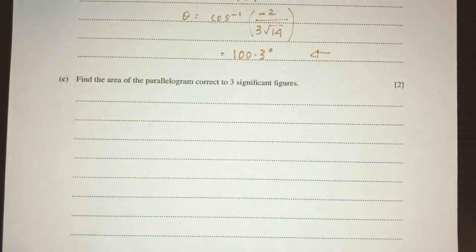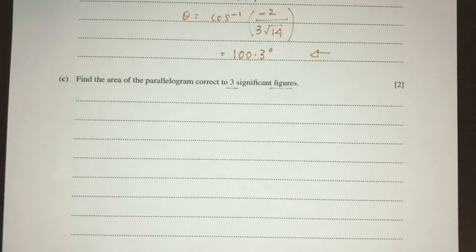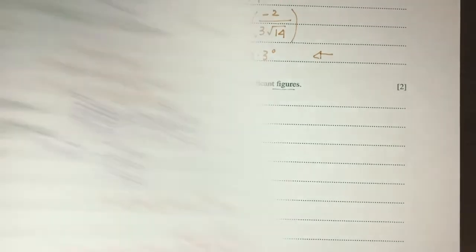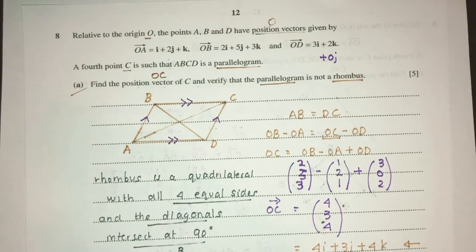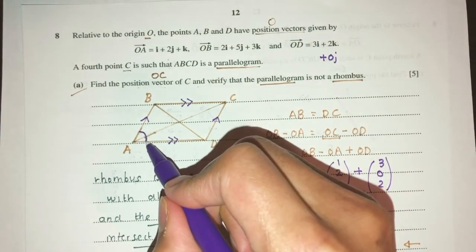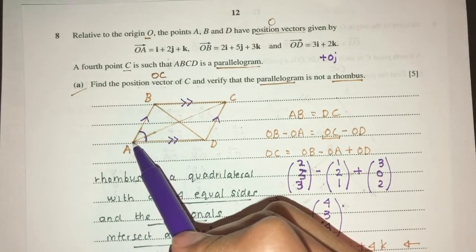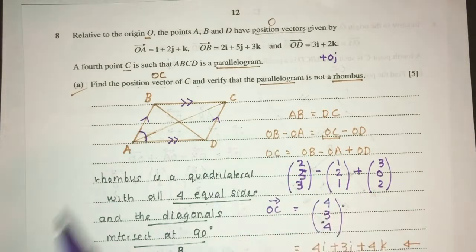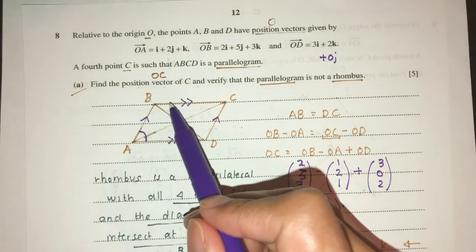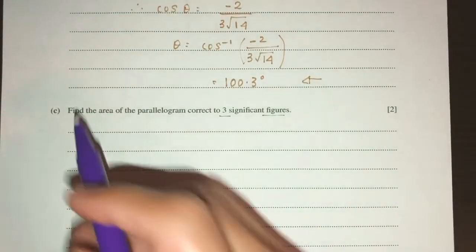Find the area of the parallelogram correct to 3SF. Okay. So now going back to the main diagram, if you see here we have the parallelogram and we also know the angle here, right? So one way of finding the area, we can first find the area of triangle ABD and then times 2 because this triangle is the same as this one. So let's do that. So first let's find the area